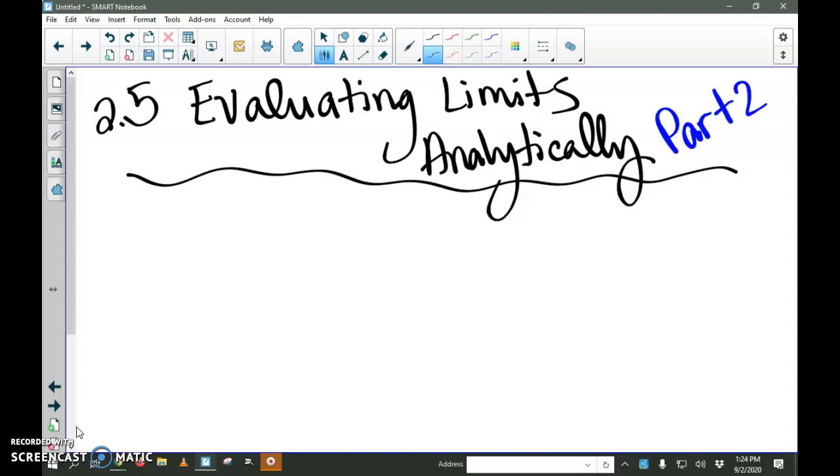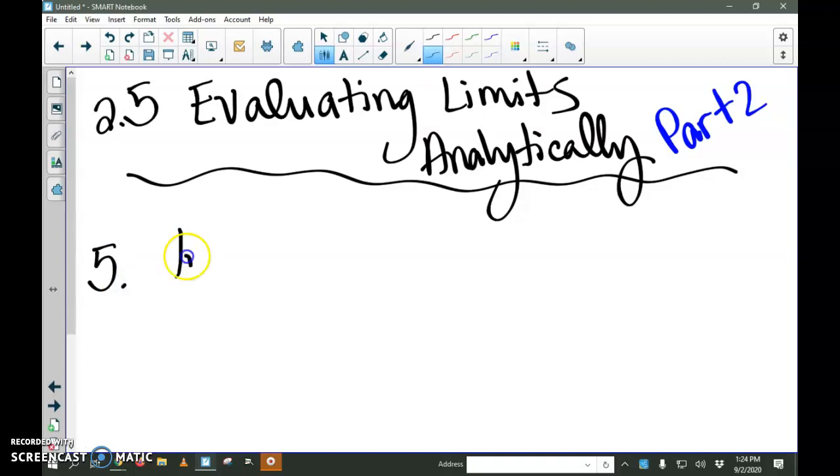Yesterday we saw that one way to manipulate is to factor. Another way to manipulate is to multiply by the conjugate or deal with trig identities. So we're going to deal with the trig stuff in this video. And so I'm just going to start with problem 5. If you just want to pick up where you left off in your notes yesterday, we're going to start with